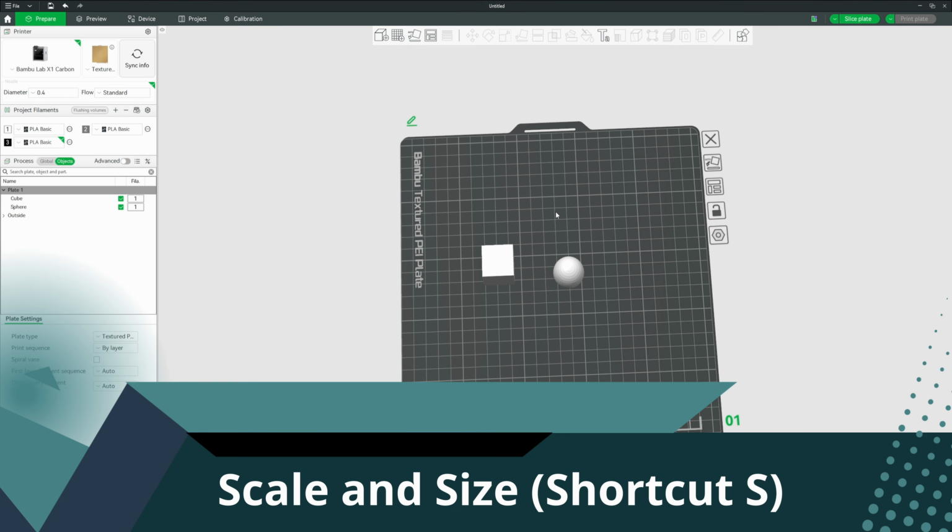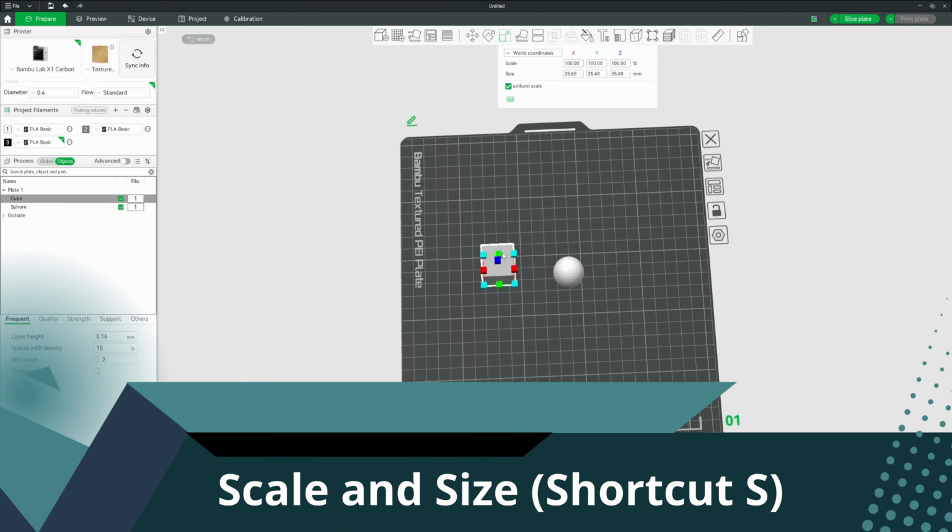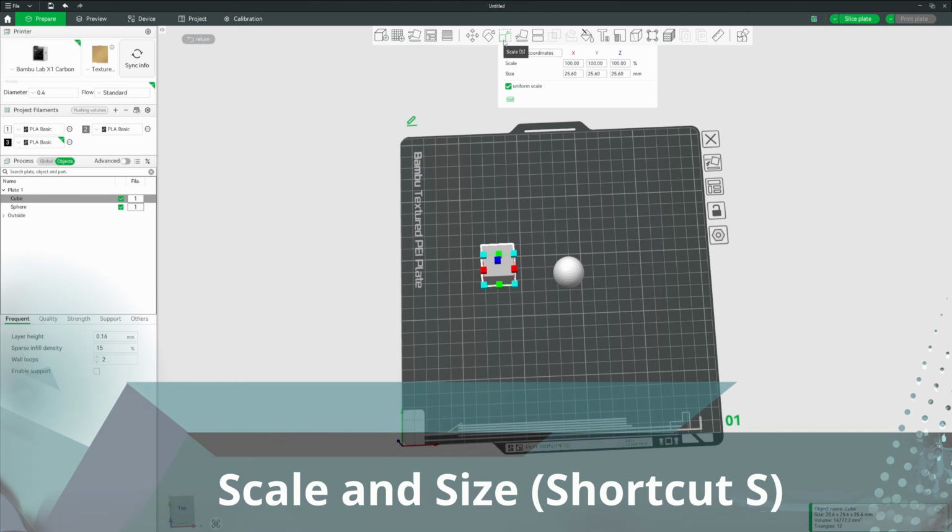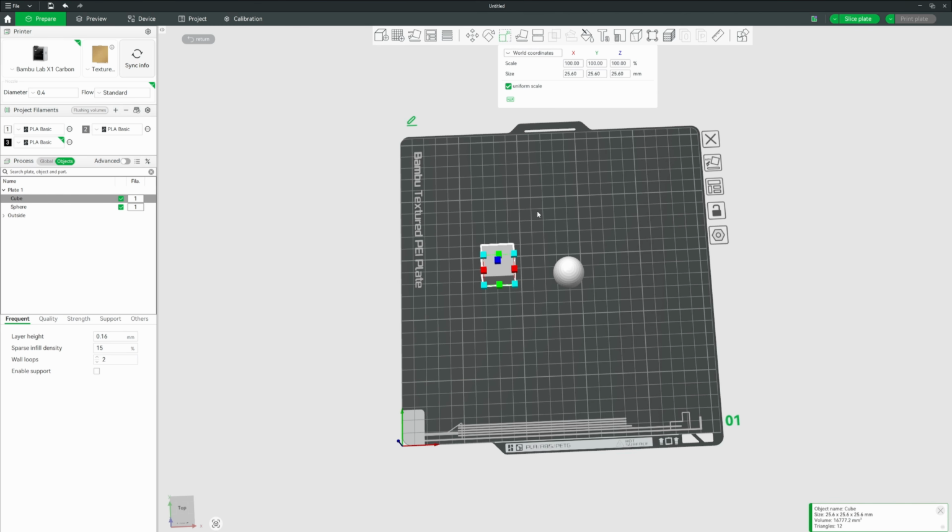Next, we're going to look at the scale. The shortcut for scale is S, or you can click the scale icon. Scale is adjusted via percentage, or you have the option of size, which is millimeters. You also have uniform scaling to keep proportions equal across all axes, or you could turn it off just to stretch one dimension. So for example, if we go on our Y axis and we make it 200% bigger,